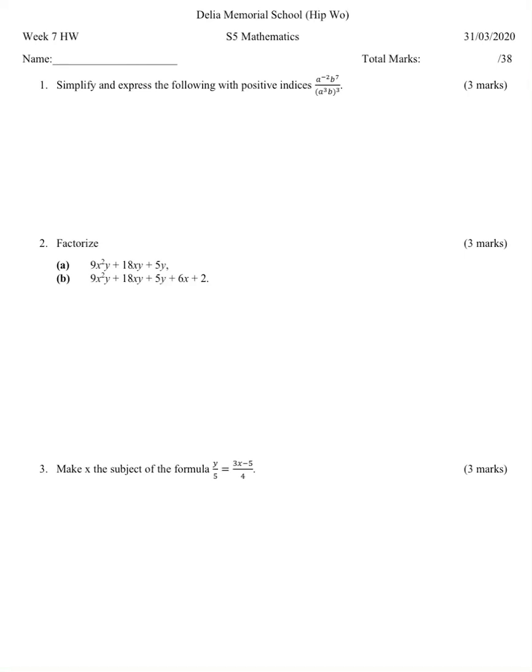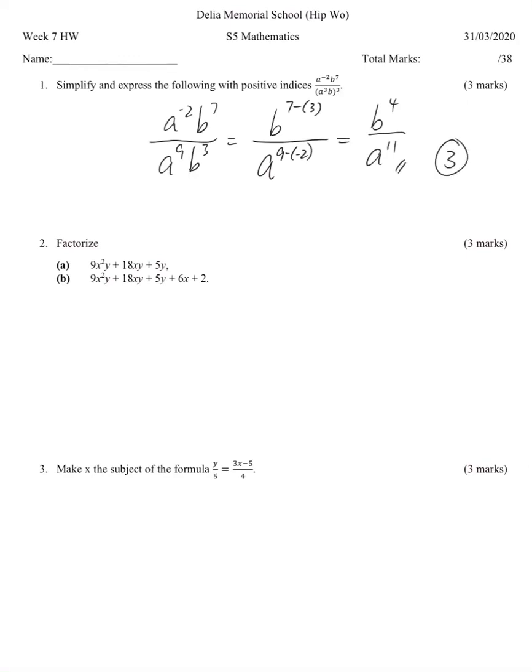For week 7 homework, first question about index. At the top, just copy what it is, and for the denominator you multiply the 3 into both terms, we get such. And then since we do big minus small, the 9 is bigger, so 9 minus -2, then the 7 minus 3. So 7 minus 3 is a 4, and then 9 minus -2 is 11, and that's